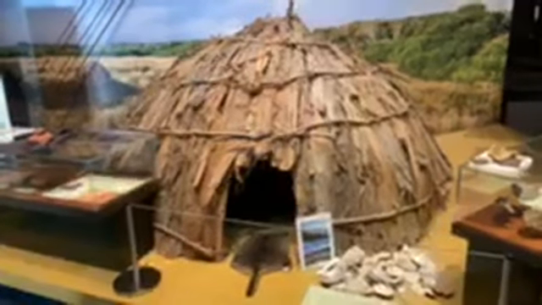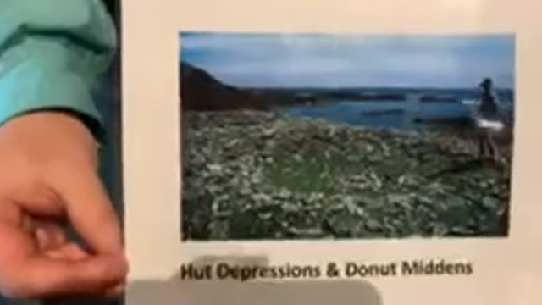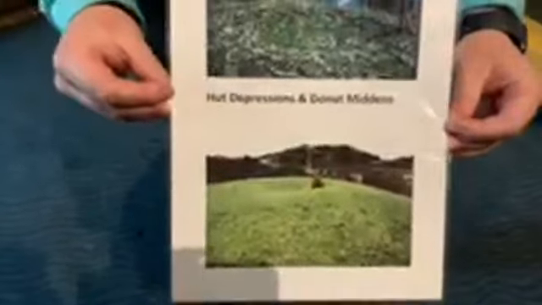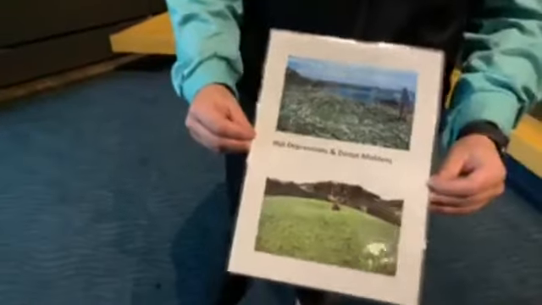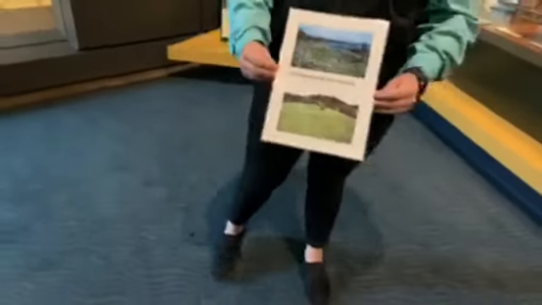And if you have a look at what Nicole's got in her hand now, so these are the hut depressions. And these are in places on the west coast. So this is the only thing that's left behind. It's the holes where the huts used to be built over the top. And you can see the scale in the one with the green grass, and that's about a 4 metre long pole. And it's about 1 metre missing underground. So it's showing you even after it's been filled in over 2 centuries of debris with the wind and the rain. There we go.